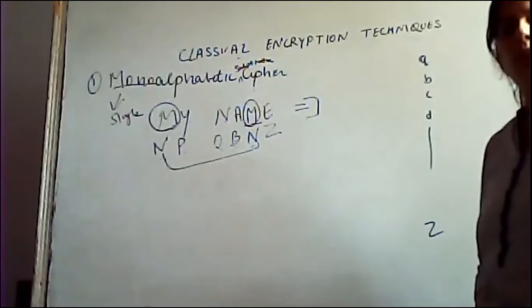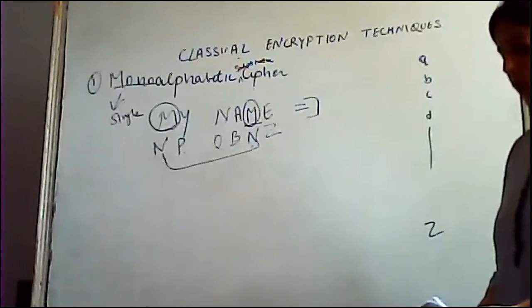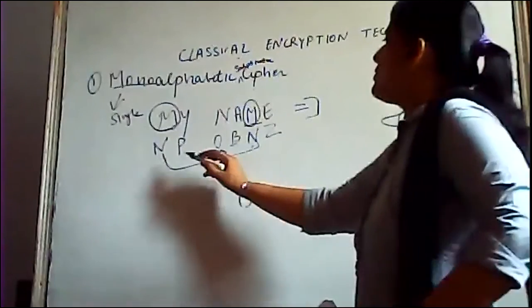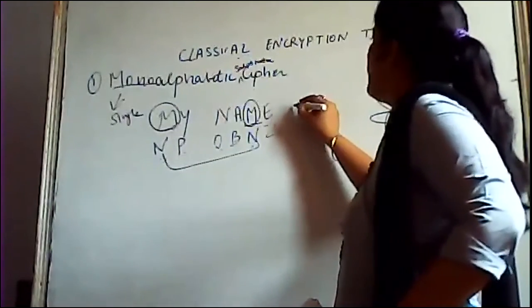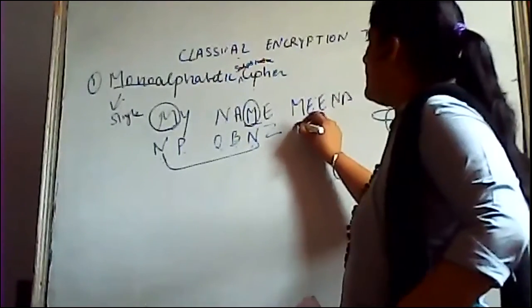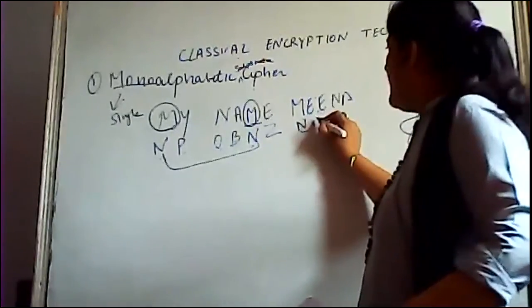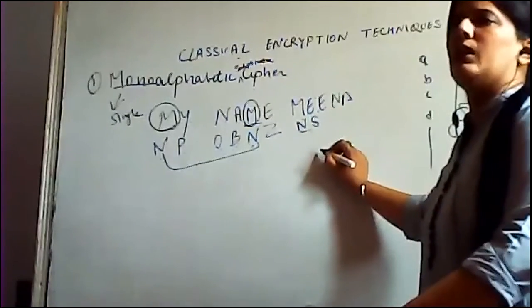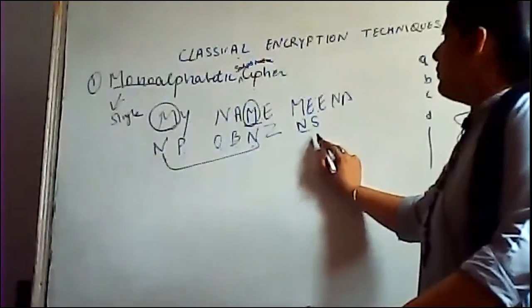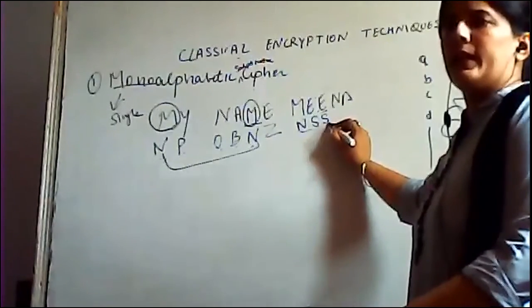Fine. Monoalphabetic is clear. What is monoalphabetic? That a single cipher alphabet for each plain alphabet is used throughout the process. So single word जो M है अब चाहे my name is I have written Meena. Here again this M is being repeated, so I will give that M as N over here. ठीक है? You are using E. Let's suppose you are representing that E word with the S. So you are again giving that word that is S over here. ठीक है? You can again give that. Again there is E. You just have to write that S.